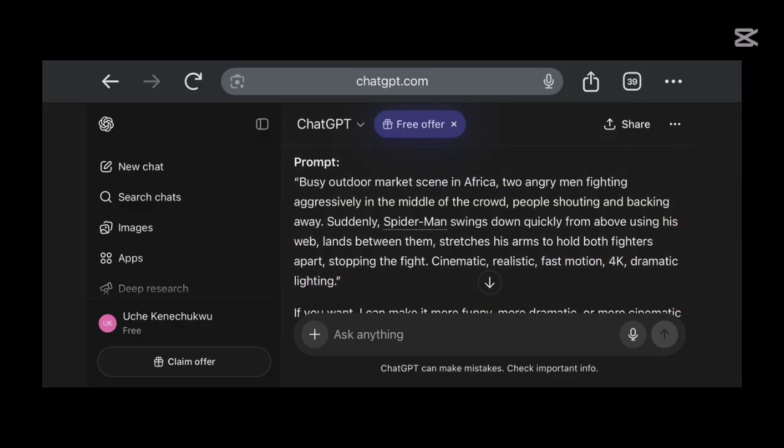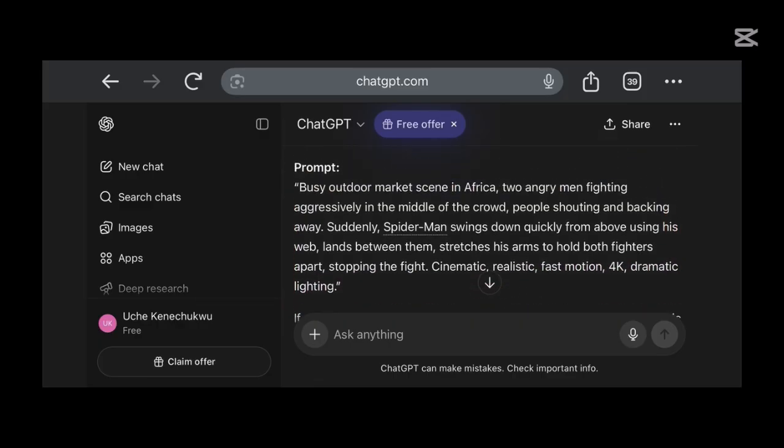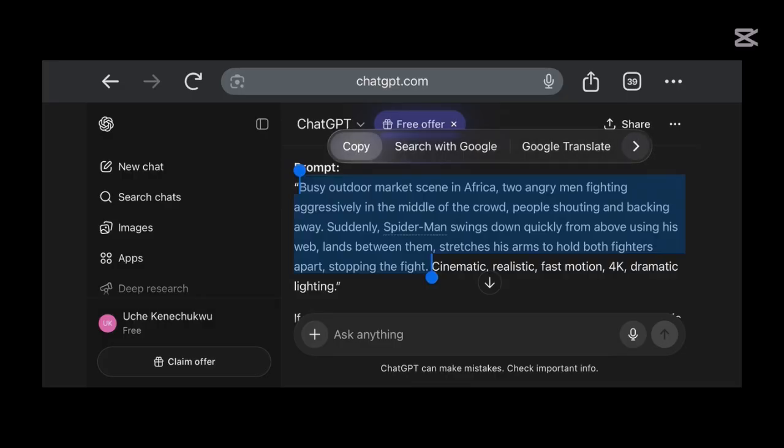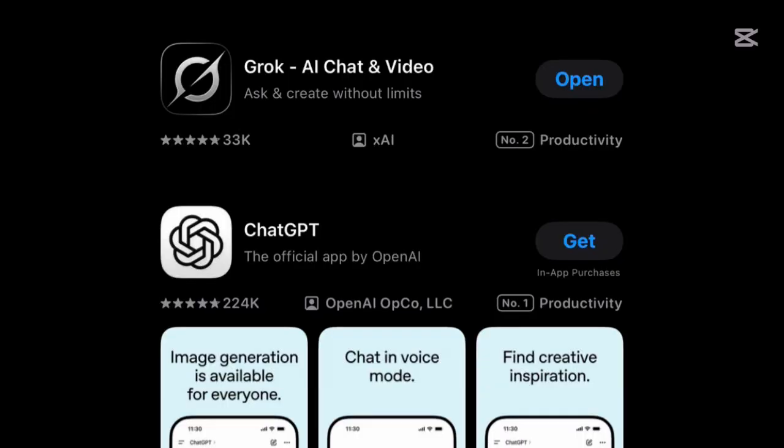You see? Busy outdoor market and so on. Now the next thing I have to do is just copy this particular prompt. Let me copy it. If you want, you can add cinematic, realistic and everything, but I don't need it, so I just have to end it at the fight. So now after copying it, go to Play Store or Apple Store and download this particular Grok